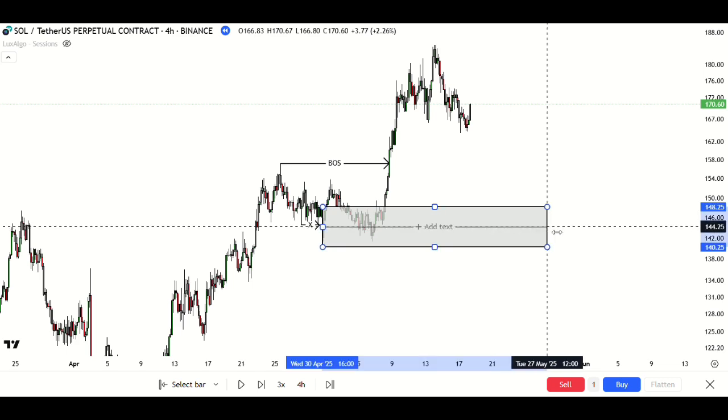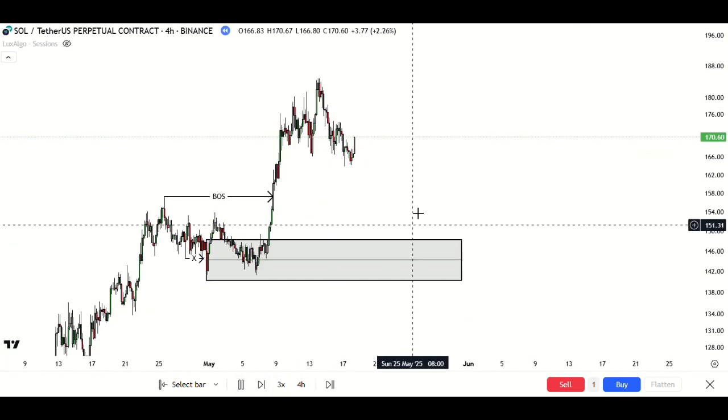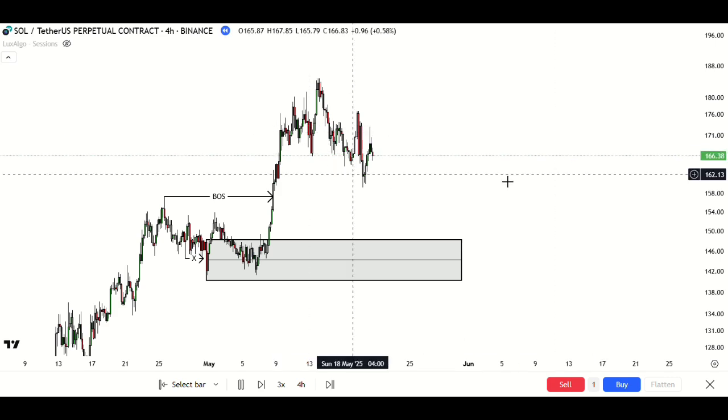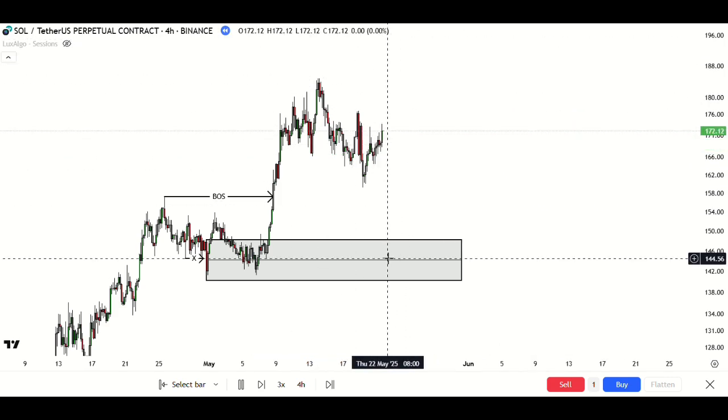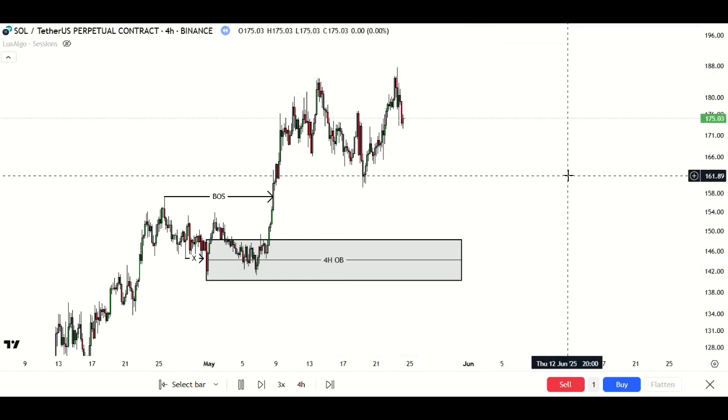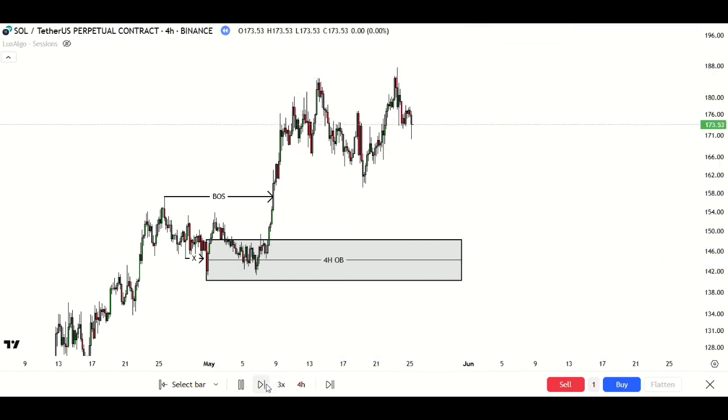So I had this marked up, and all I did was the waiting game. All I did was wait. I was waiting for this to tap into my 4 hour order block, right? As you can see, it's playing out,